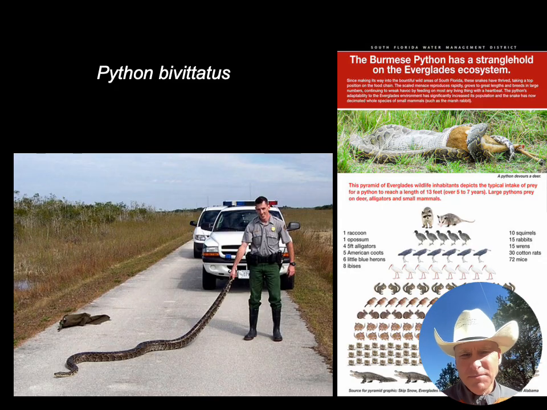Now, this snake has not caused the extinction of anything. That much is clear. The populations that there's evidence that it's knocked down are some of the common things I mentioned: possums, raccoons, some of the super common birds. So this is made a big deal out of, but I don't think anybody's too concerned about opossums going extinct, for example. So this is one that, undeniably, the ecosystem has been changed, but